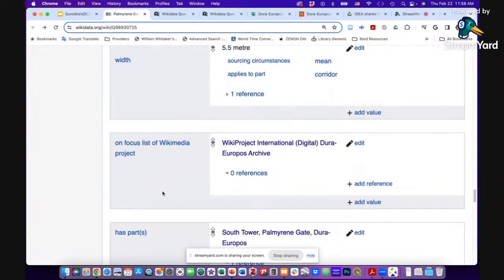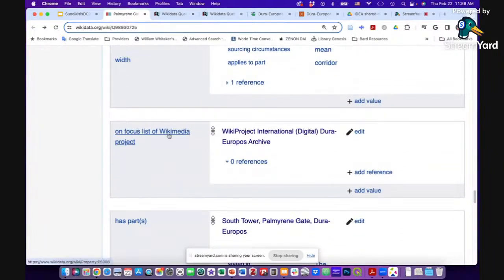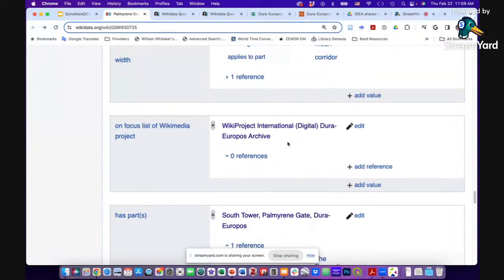Another thing that I want to highlight here is the "on focus list of Wikimedia project" statement. Every entity that our project manages has a statement on the focus list of Wikimedia project, and then we point to our Wikimedia project. Part of the reason for this is that it makes it very easy for us to query all of the content that we're interested in, and that becomes one of the mechanisms that will help us to run semi-automated checks on the data,